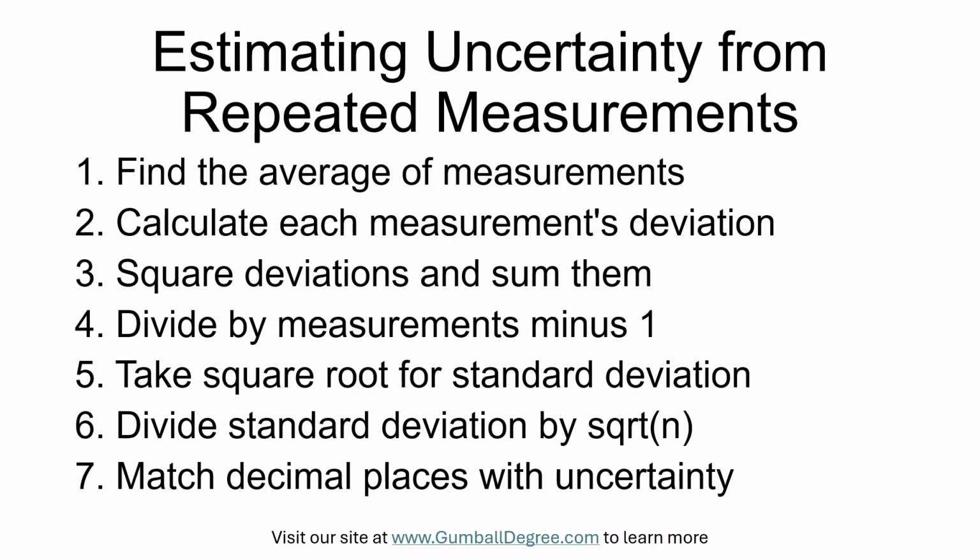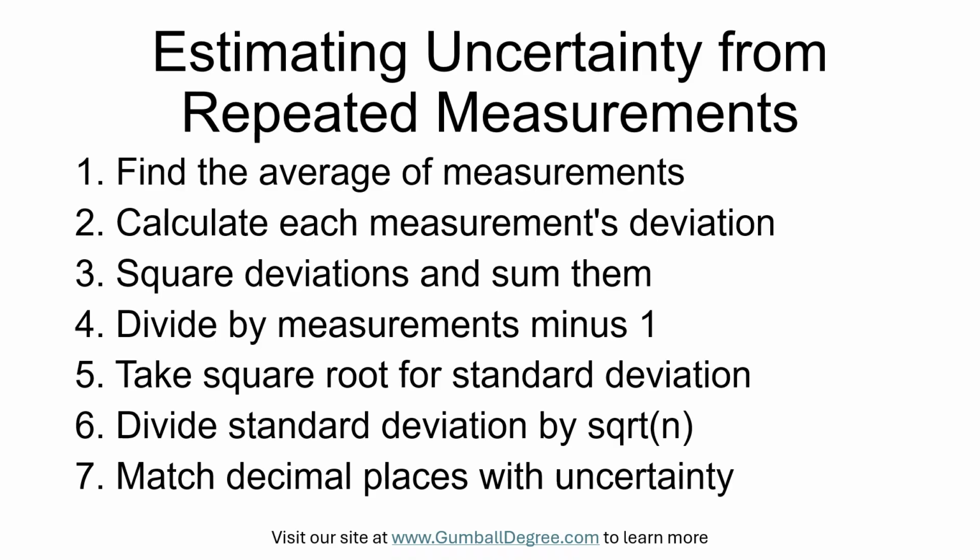If you want to know how precisely you know the average, divide the standard deviation by the square root of how many times you measured to get the standard error, which usually gets smaller with more measurements. Always report the average and the uncertainty using the same number of decimal places so the result looks honest and